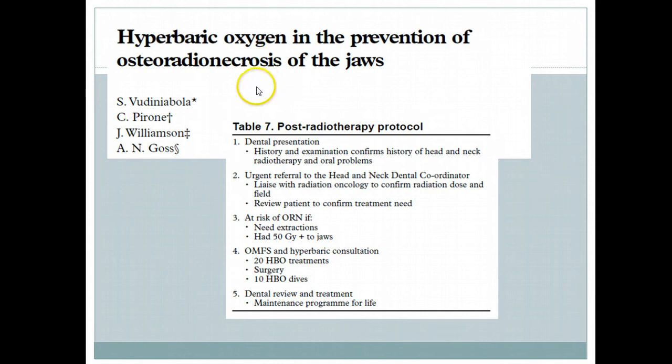So here's a study done, and they talk about post-radiotherapy protocols. It concurs with the same result: you have to do a good history and examination, and confirm the history of head and neck radiotherapy and how it would cause a problem for your particular treatment plan. Make an urgent referral to the head and neck coordinators, and get the whole oncology team, talk to them, find out what the radiation dose was, like we talked about, and the field of view. Make sure your patient understands what happened in the past, what the risk and benefit were, and they confirm with you, and that it was actually passed on to your patient